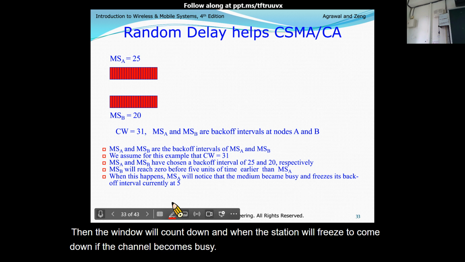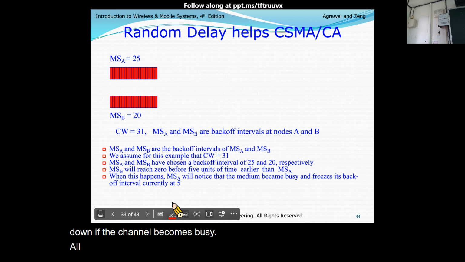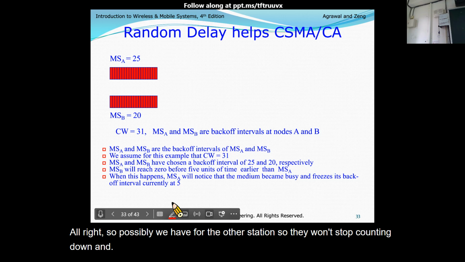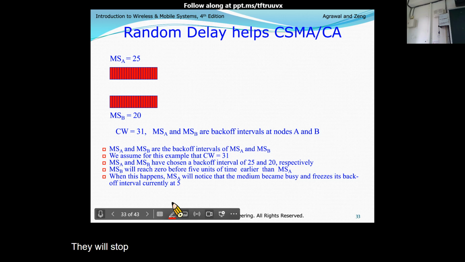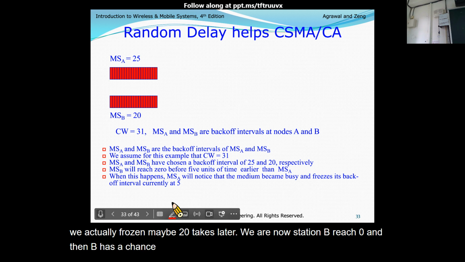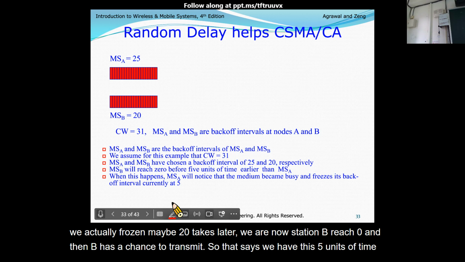Here, if we assume no freezing, 20 ticks later station B reaches 0, and then B has a chance to transmit. So that is 5 units of time a bit earlier than mobile station A.